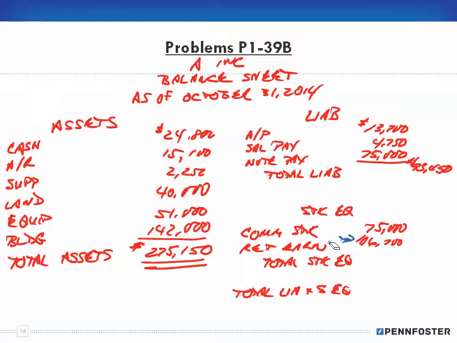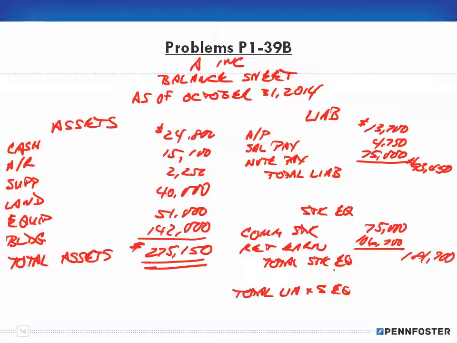Okay, so you do the statements in that order. You don't start out with balance sheet. You can't do the balance sheet unless you have the retained earnings. You can't do the retained earnings unless you have your profit or loss. So this is 106,700, and that's a mathematical calculation. So I get an underline, and that summation is